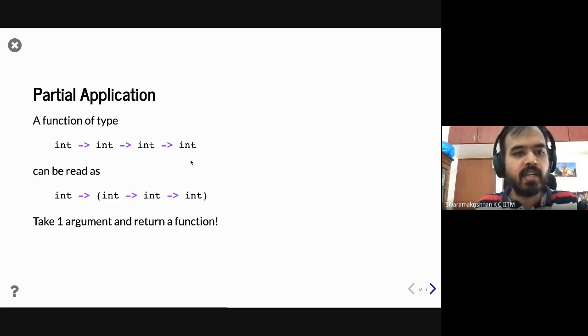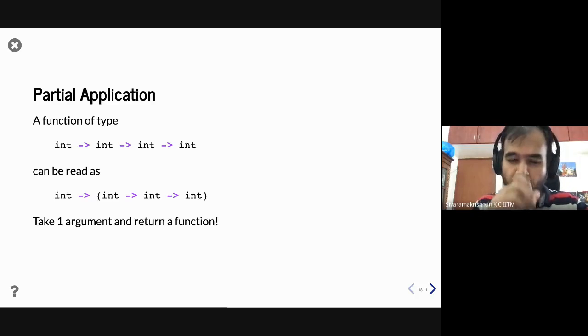But you can also read it differently, because function types are right associative, so you will read it like this, where you read it as a function that takes a single integer and returns a function that takes two arguments and then returns an integer, right? So you can essentially read the same type in two different ways.